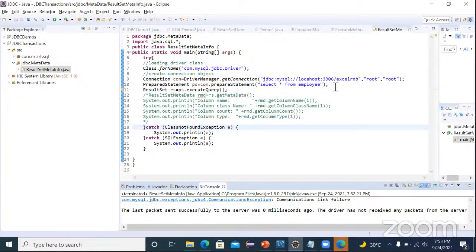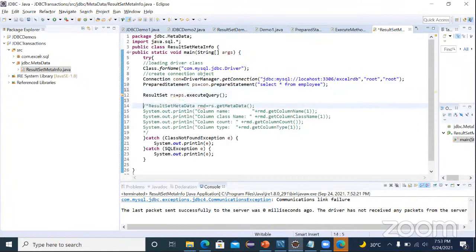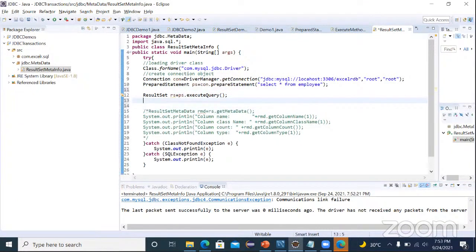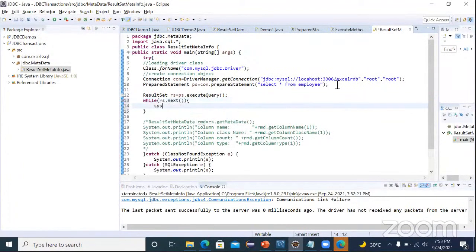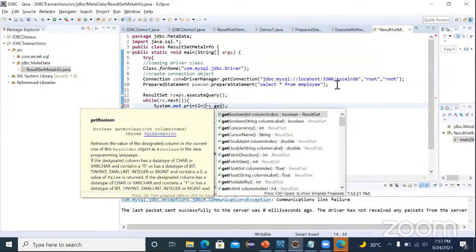Anyhow, now let me check the first retrieval, then we'll check for the metadata. So while result set dot next, rs dot get